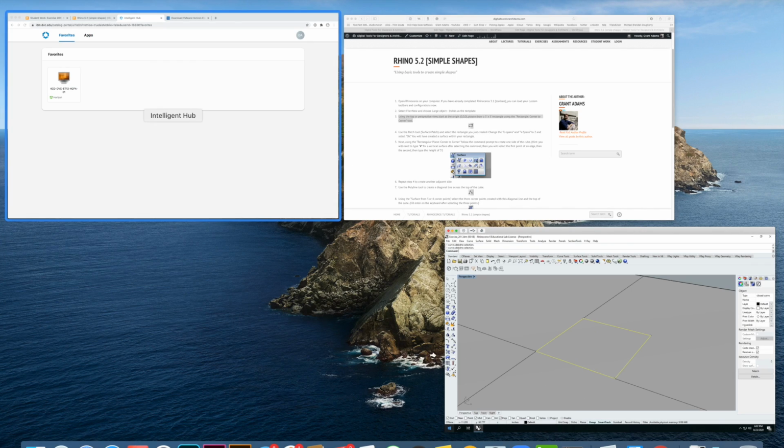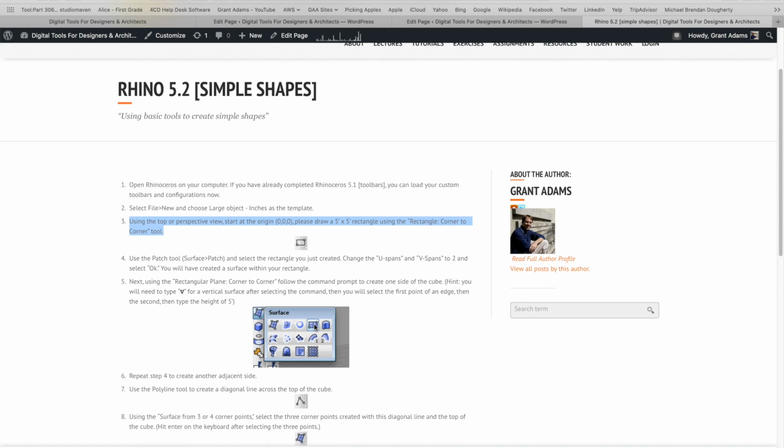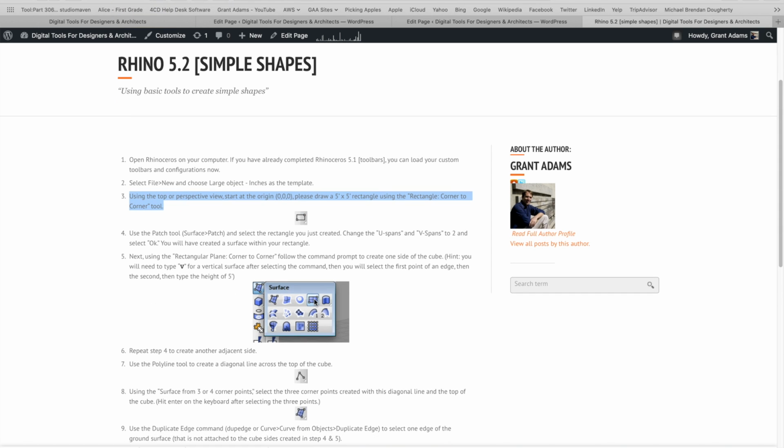I'm going to flip back and forth to my tutorials here so that I perform this in the same order. There are steps that we could very easily adjust, but while I move forward, I'll keep selecting what the next step is so that we can see. We're going to use the patch tool.